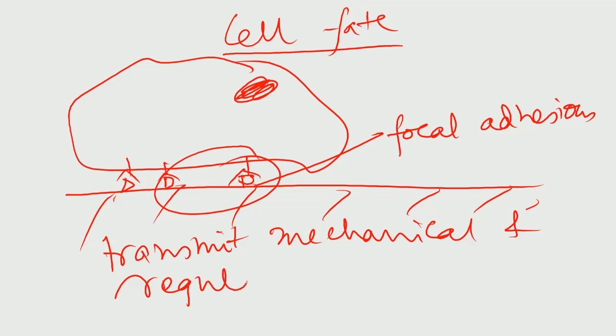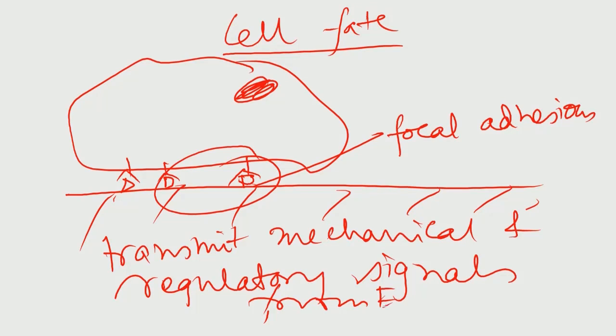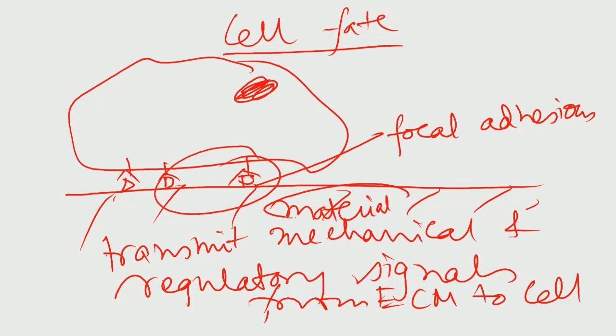Mechanical and regulatory signals from the ECM, that is the outside extracellular matrix space, to the cell. So, this is one way that signal is being transferred to this eukaryotic cell. Another thing is that this material substrate has certain elastic stiffness. So, this elastic stiffness can act as a mechanical cue. So, depending on the mechanical stiffness of the material, this